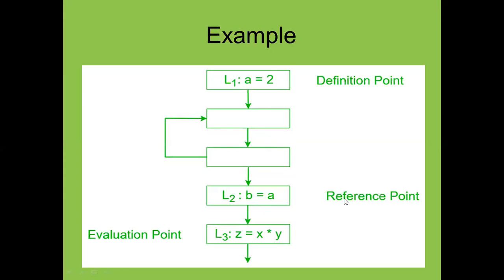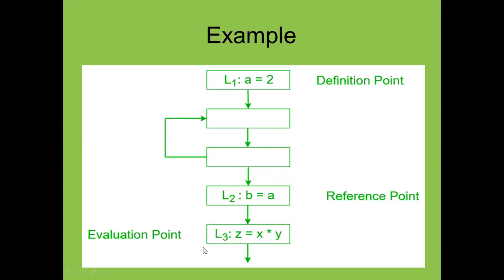So this is called the reference point. Why do we call this point a reference point? Because it depends on the preceding value of A. Here we assign the same value as we defined, A equals 2, so we replace it here. Why is this called the reference point? Because it depends on the value of A. And the evaluation point, because here we calculate the final value, and the output will depend on the evaluation point.